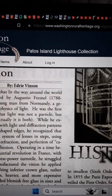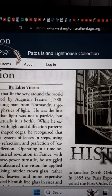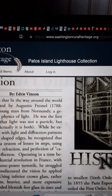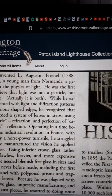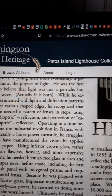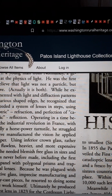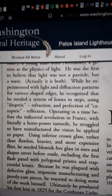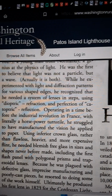Normandy, a genius at the physics of light. He was the first to believe that light was not a particle, but a wave. He believed, anyhow. Actually, it is both. While he experimented with light and diffraction patterns for various shaped edges, he recognized that he needed a system of lenses and steps using dioptric, that's a new word, dioptric, refraction and perfection of